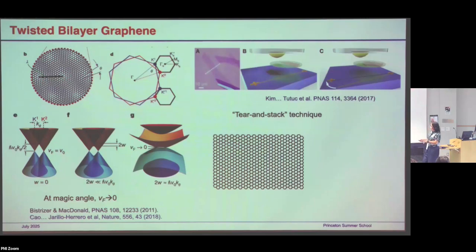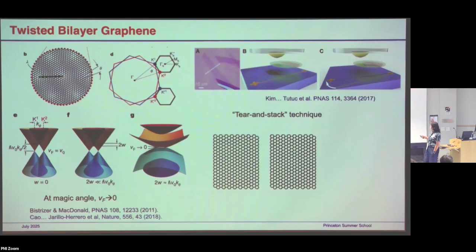It's like what we want here is 1 degree roughly. And so how do you make that 1 degree rotation? I think it's a really clever technique from Tutor's group. You start with one large piece of graphene, and you cut it in two. You use this pickup technique to, for example, pick up one slice,